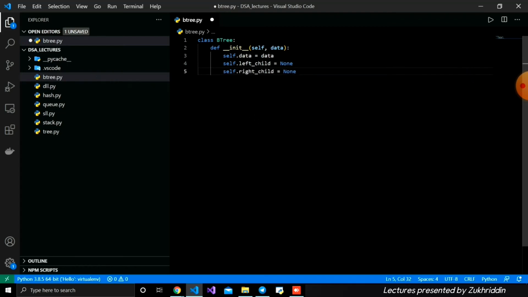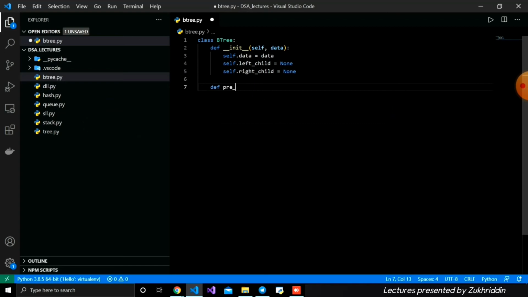Okay, and after that we're going to create our traversal function for iterating our binary tree. We spoke about all 4 types of traversal, and we're going to create all of them step by step. Firstly, we're going to create our pre-order traversal, and for doing this, I'm just going to initialize the function,